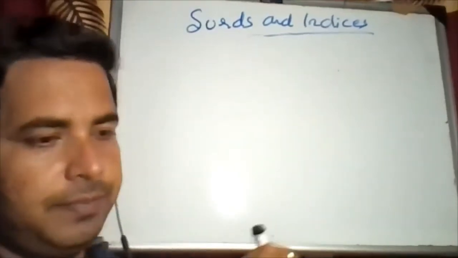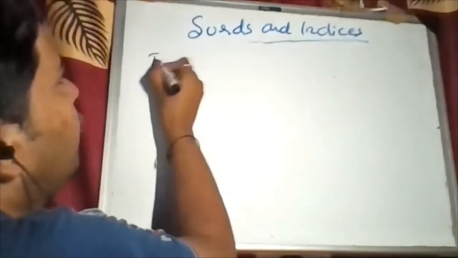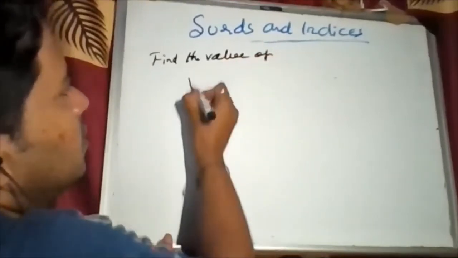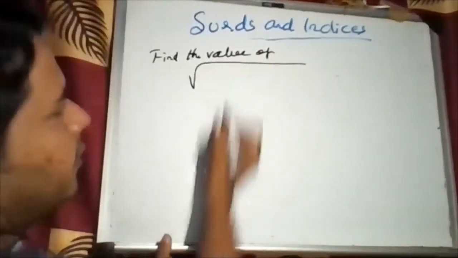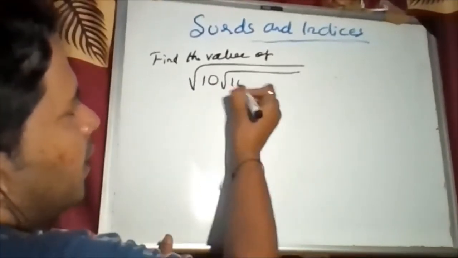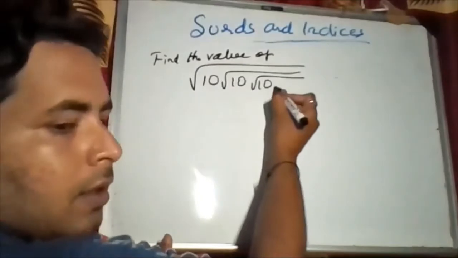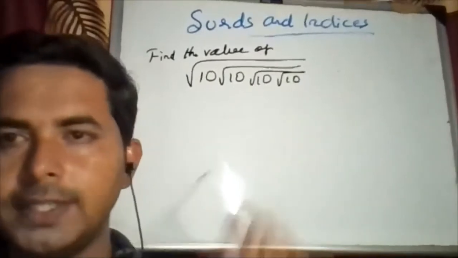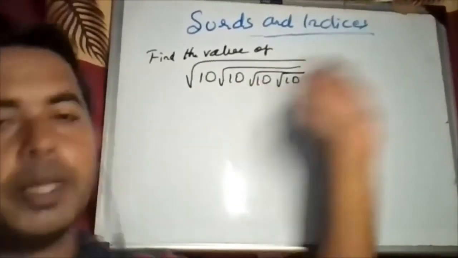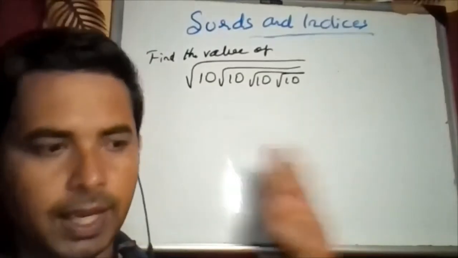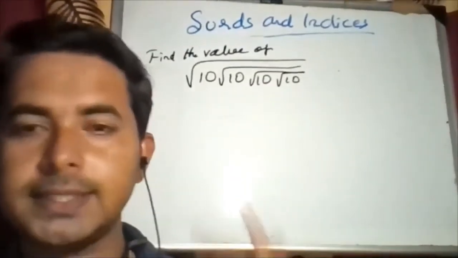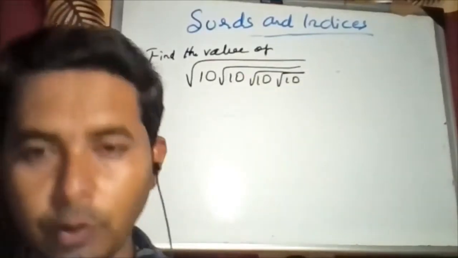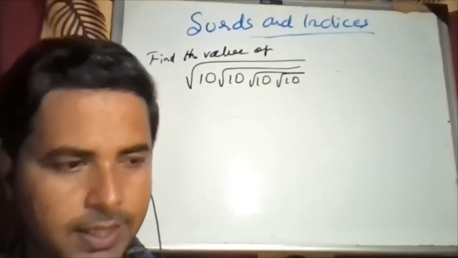Take one different equation. So the equation will be, find the value of the square root of 10 times the square root of 10 times the square root of 10 times the square root of 10. This is your question, only this much, okay. So it is not up to infinity, it is a finite value, and there is no plus sign, there is no minus sign. This is multiplication, one root is being multiplied with another root, okay. So how to do this? So this is simple, okay. Very simple.